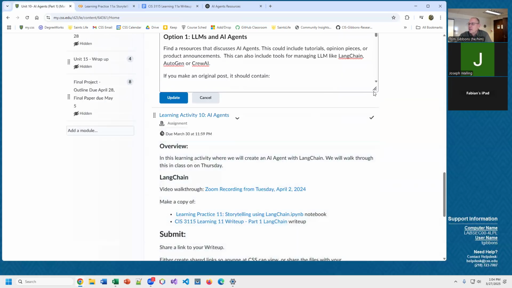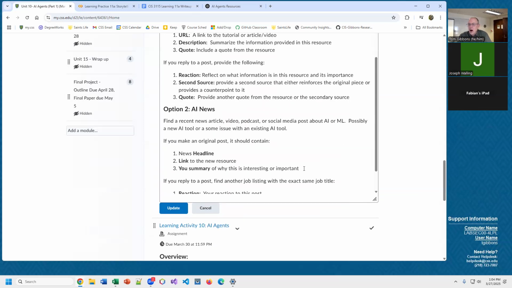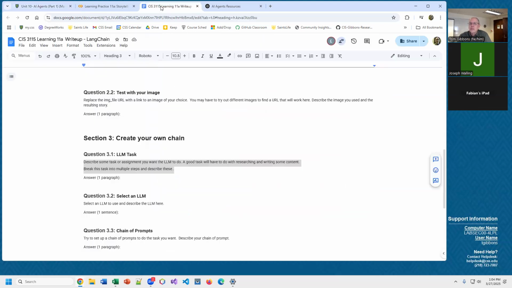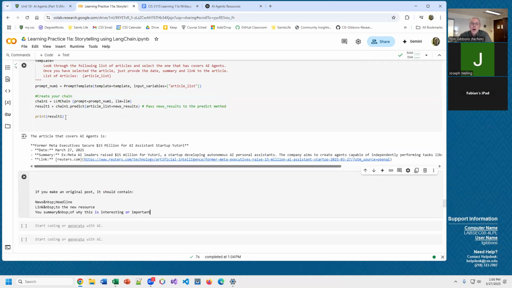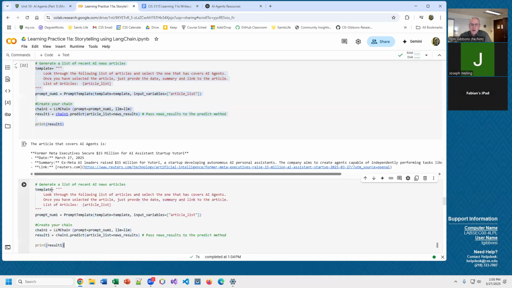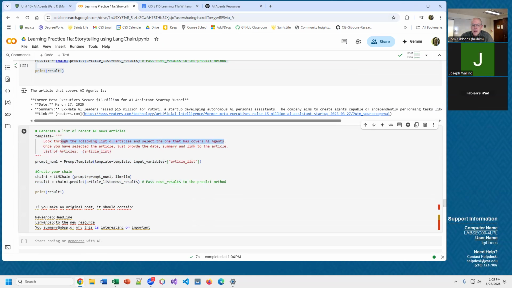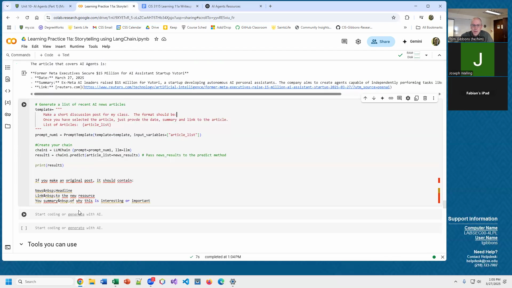Okay, then the last thing I'm going to do in my chain here is actually do our post. I'm going to copy some things here and we're going to post that in. Copy this code down here. So my template, I'm going to say, make our discussion post for my class, format should be